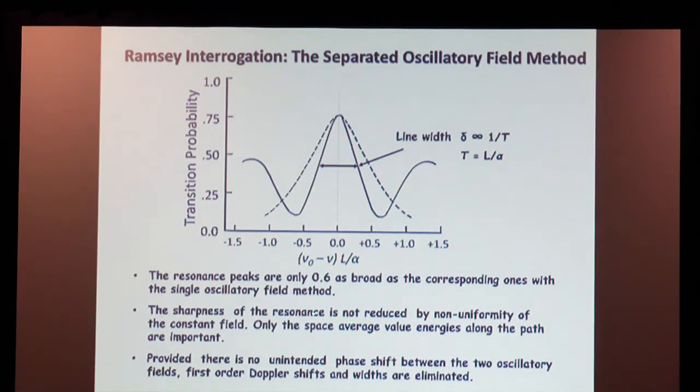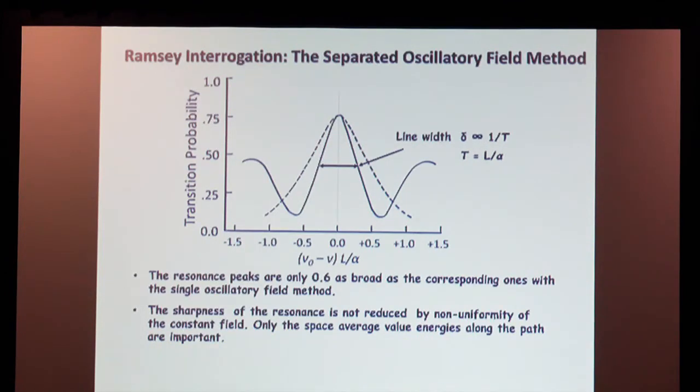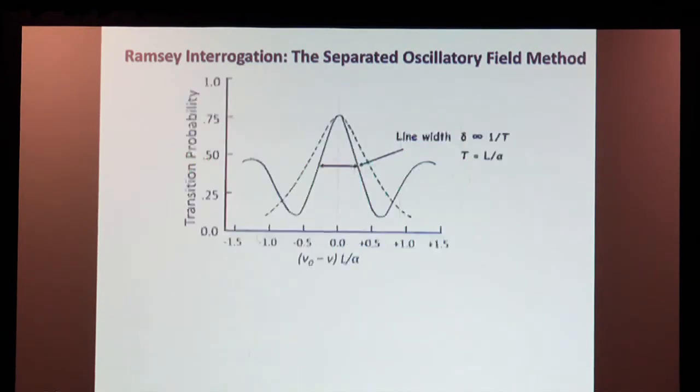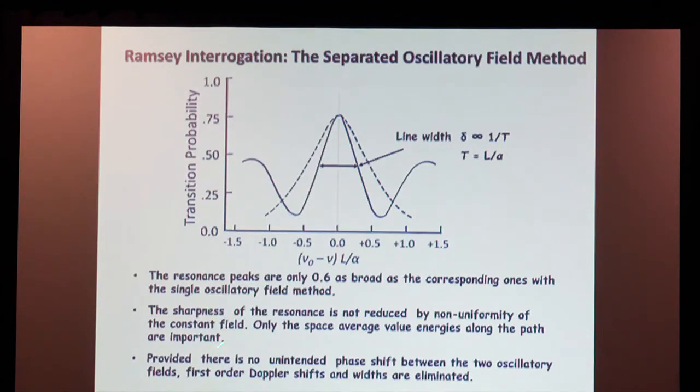So the sharpness of the resonance is not reduced by non-uniformity of the constant field, because now each one of the cavities is very narrow, so we don't have to have non-uniformities inside these. And provided there are no unintended phase shifts between the two oscillatory fields, the first order Doppler shifts are eliminated. So this was a major improvement in atomic clock technology, which is still followed today, the separated oscillatory field